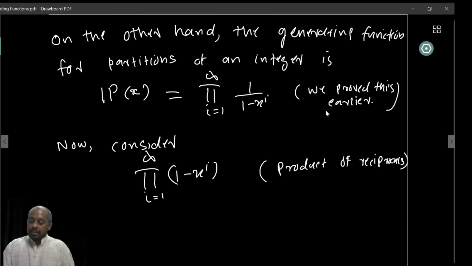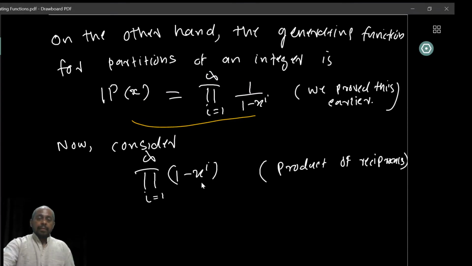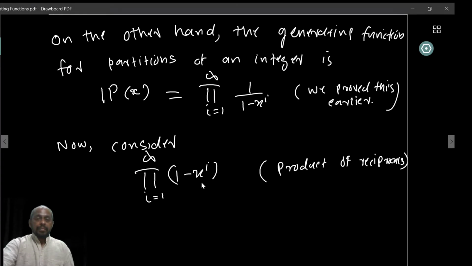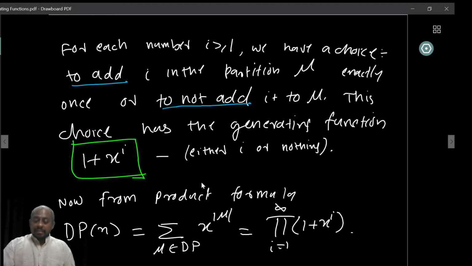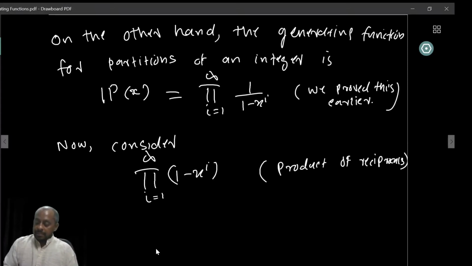Right. So we look at the generative function for the partitions of an integer, and then we are looking at the reciprocals and then taking the product again. And what is the corresponding thing? Now, if you look at this term, you have product i equal to 1 to infinity 1 plus x raised to i. What happens if I change x to minus x? What happens on the left side? Let us look at that. So if I change x to minus x, I will get precisely this product.